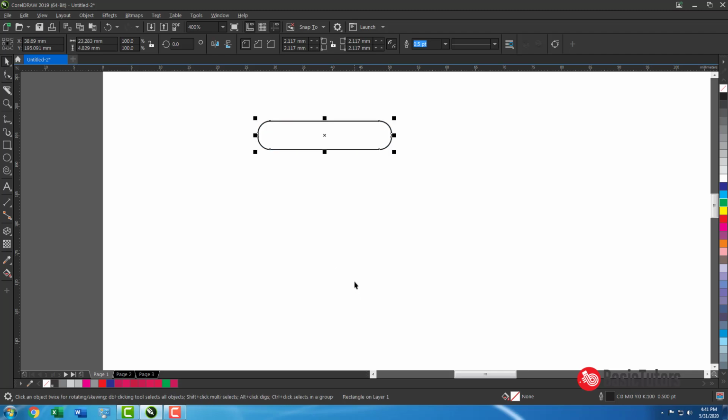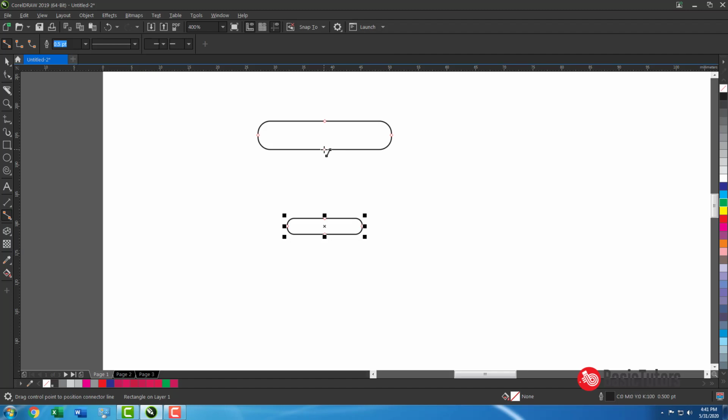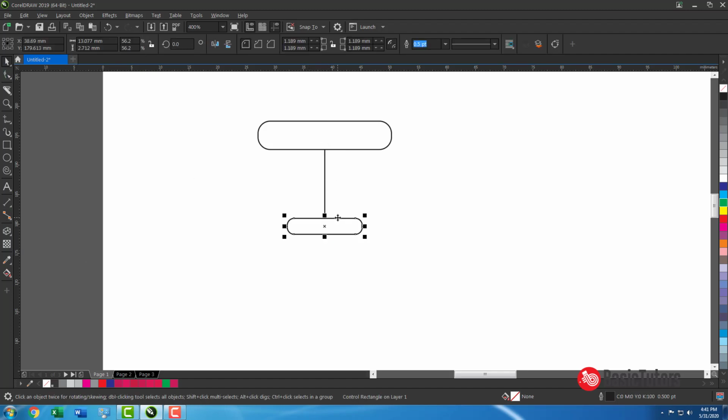Okay, this is the trick. Duplicate this and connect with this tool. What will happen? See, node to node connected. Suppose you move over one object, automatically it gets connected to another object. This is the use of the connector tool.